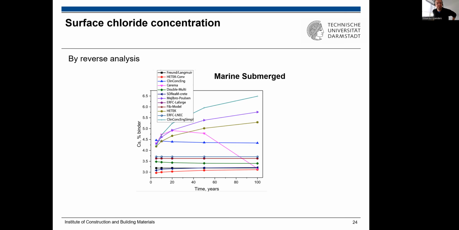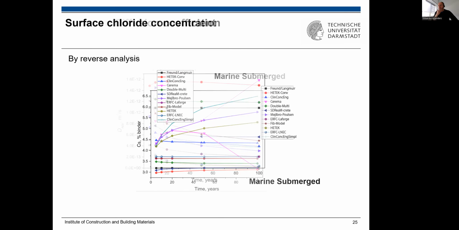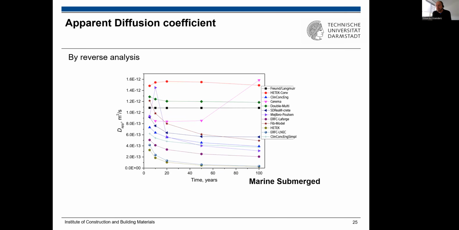So everybody has a different perception on how to calibrate these curves, right? And then finally ending up with these kinds of chloride surface concentration values, ranging from 3% to 6%, almost 100% difference. And this also for the diffusion coefficient. We got the diffusion coefficient from 2e-13 to 1.6e-12. So a whole big range covered by these models,